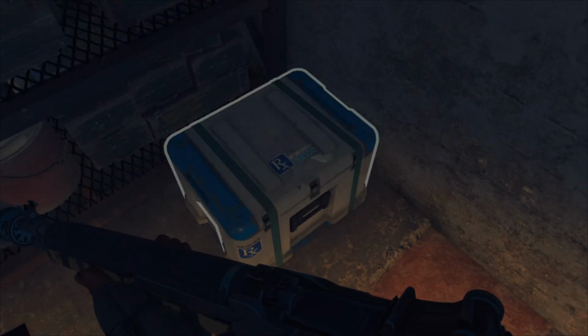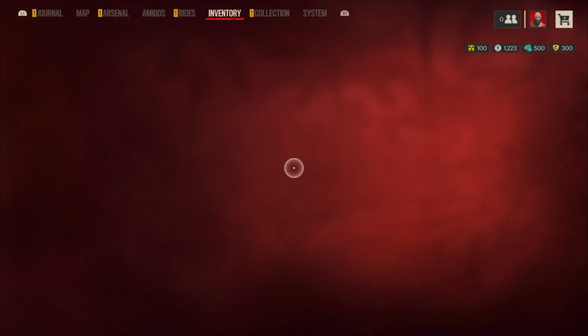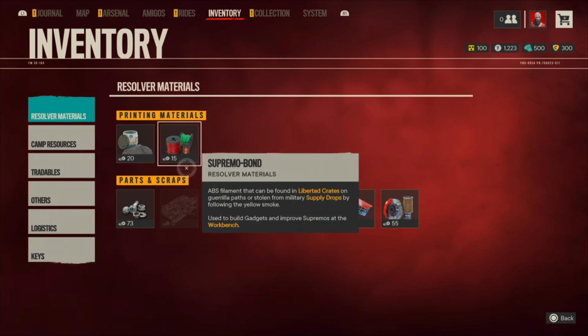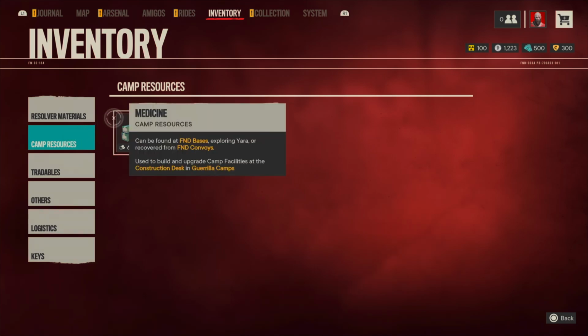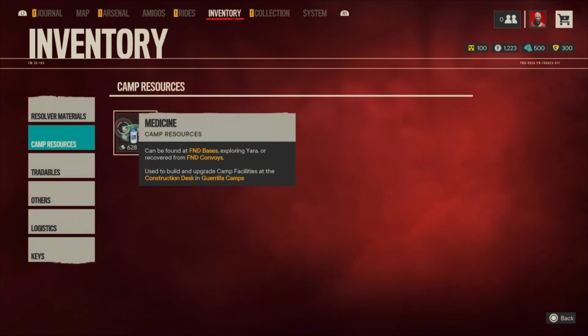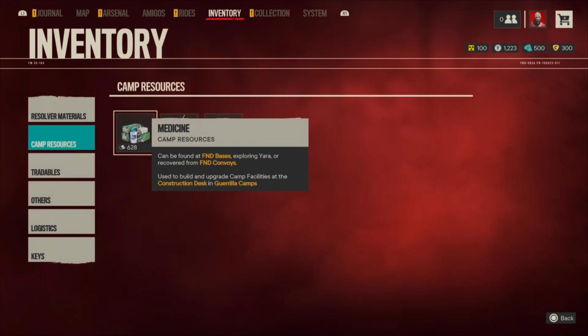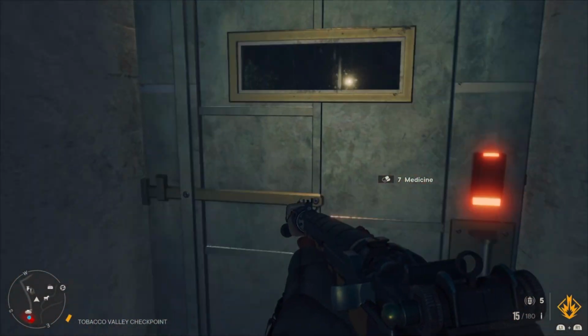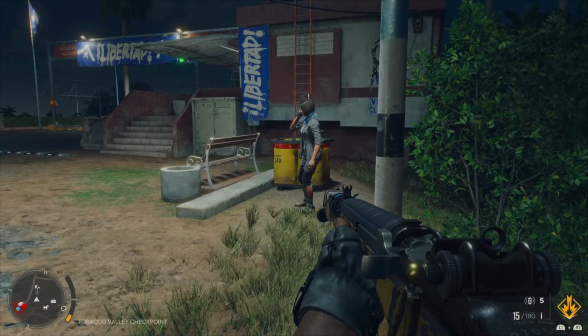So I'm collecting everything, but before I collect it, I'm showing you and reminding you so you can see exactly how much I've got. So that was medication, wasn't it? That's under camp resources. So you can see how much I've got. That's 628, wasn't it? Just to reiterate to you guys. Right, cool. Let's pick that up and let's go into